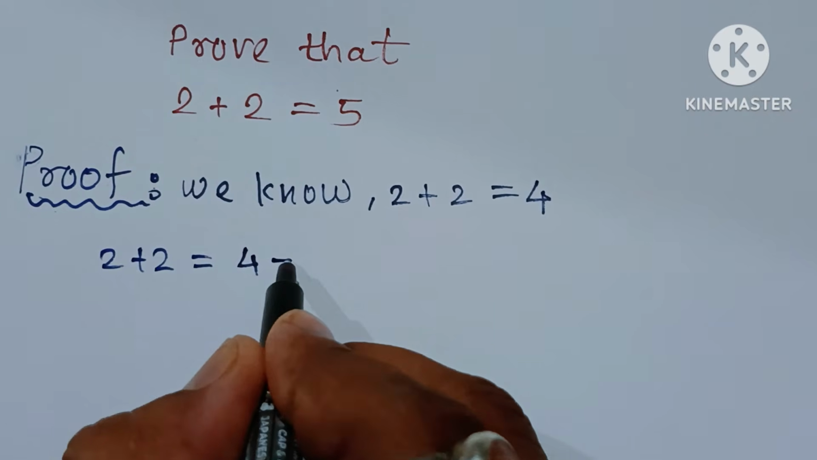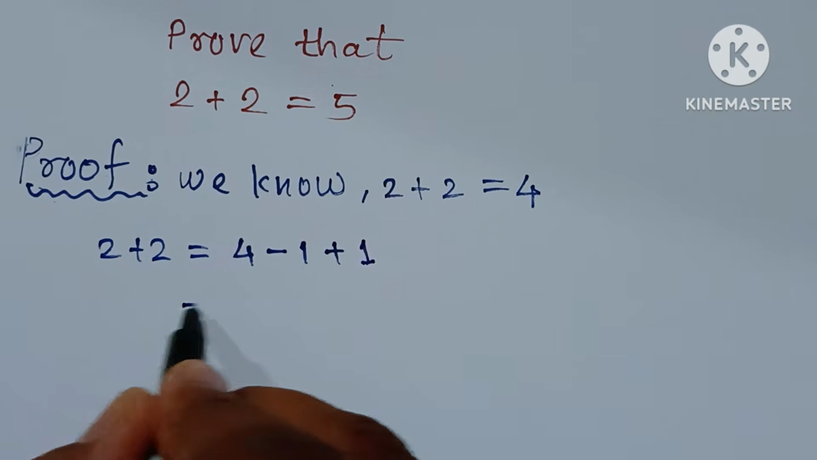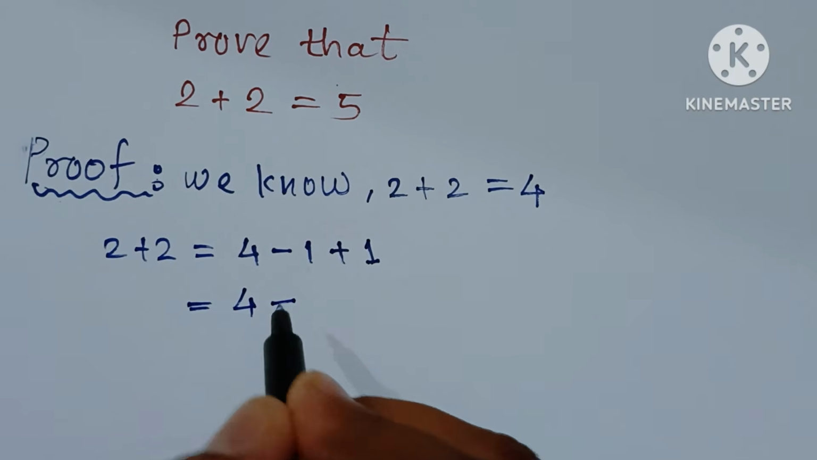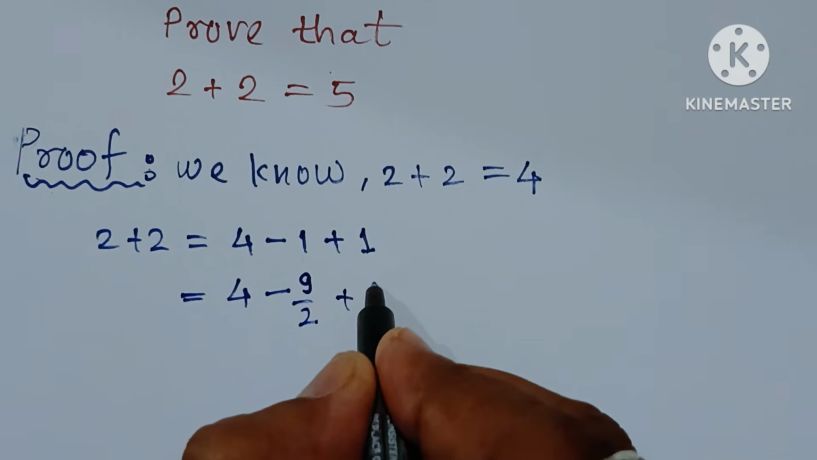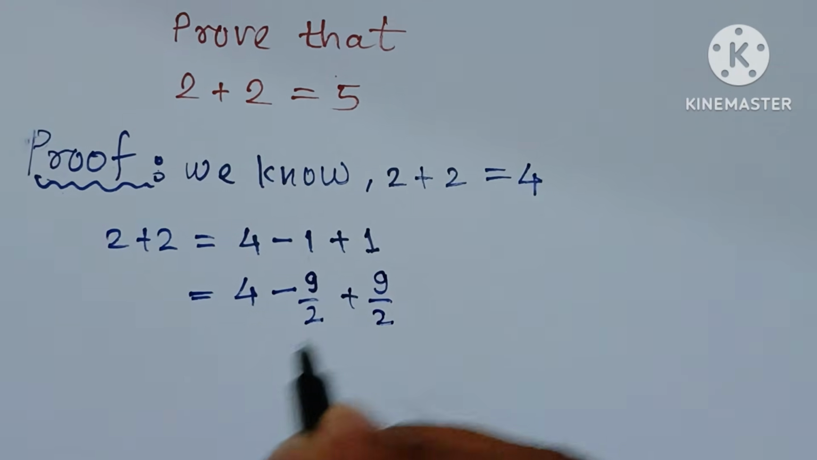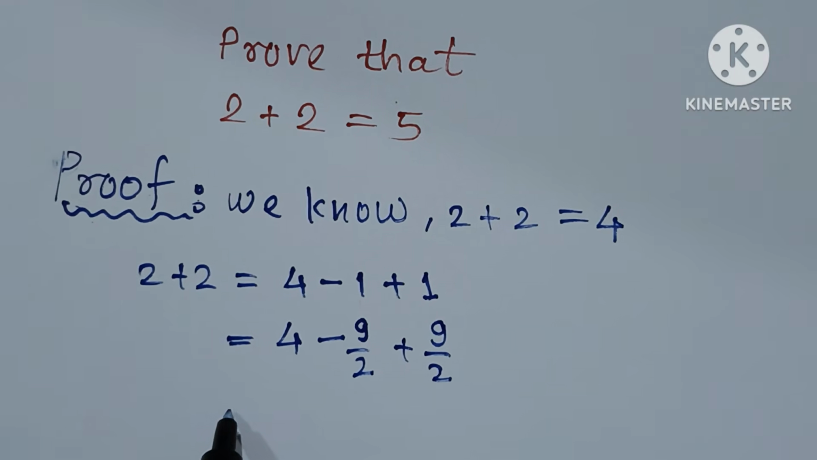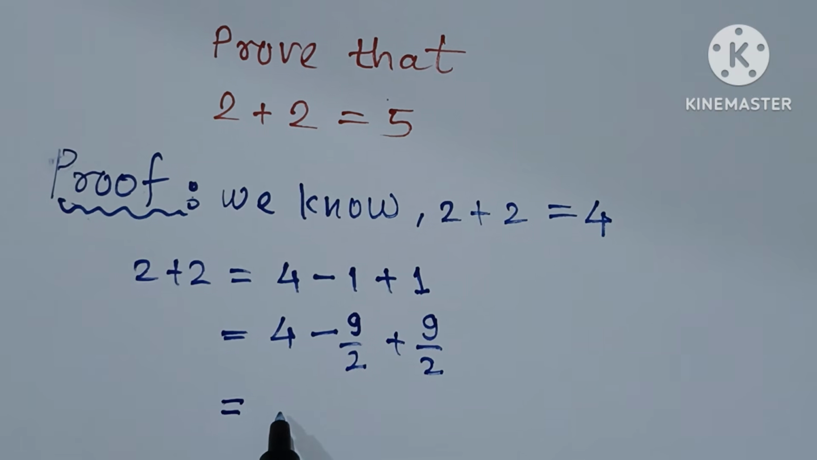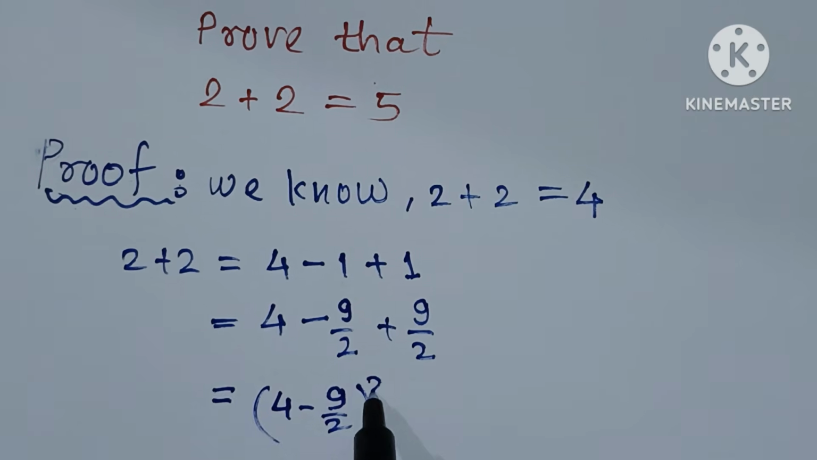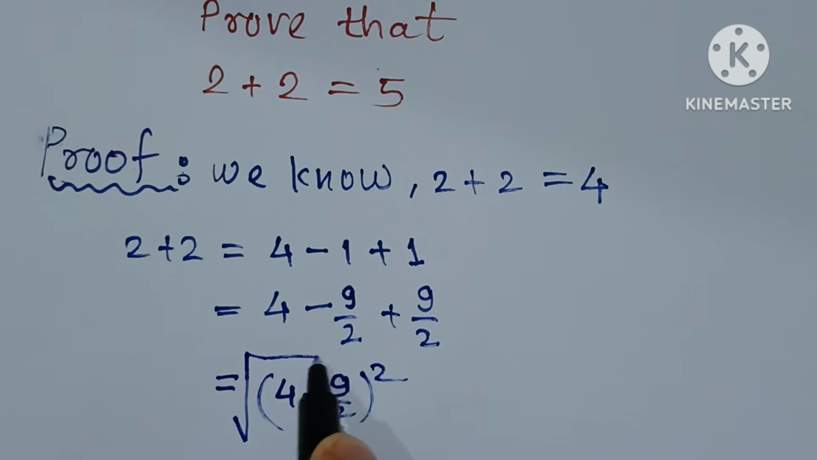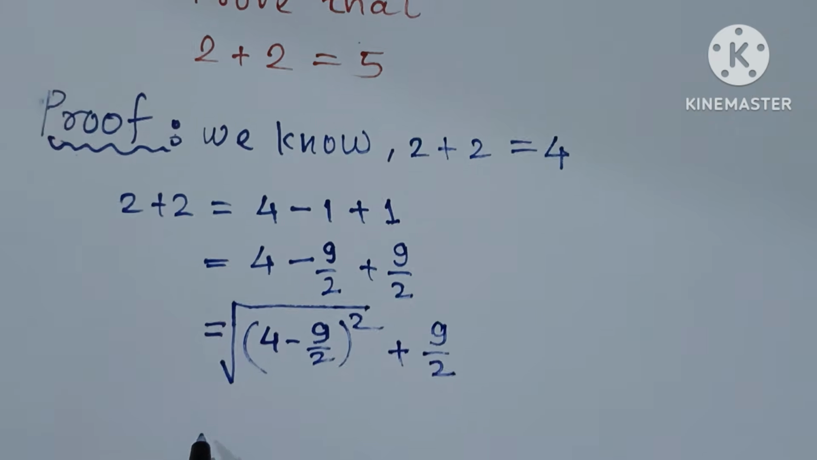We can take here minus 1 plus 1. Then we can write 4 minus 9 by 2 plus 9 by 2. Minus 9 by 2 plus 9 by 2. Now we can take here the square root of 4 minus 9 by 2 whole square, plus 9 by 2. Now